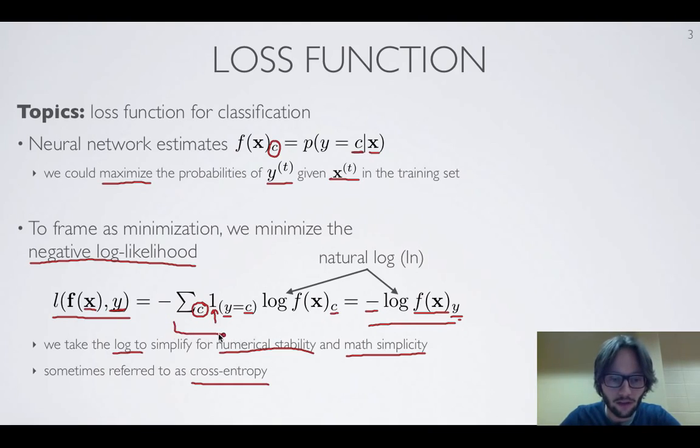In fact, this would be the cross entropy, with the minus, between this distribution here, which puts a probability of 1 over the true class and 0 over all other classes, and that distribution, which is the distribution output by our neural network. So this is going to be the loss function we'll use for training our neural